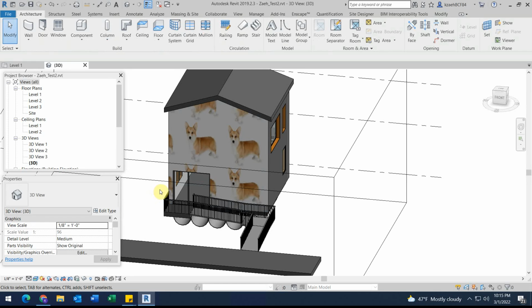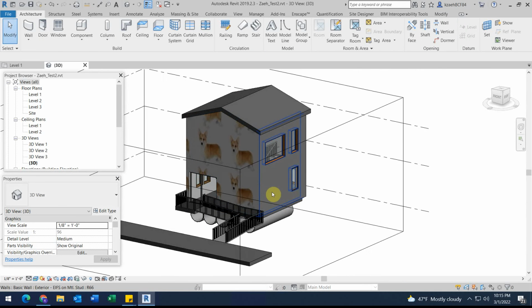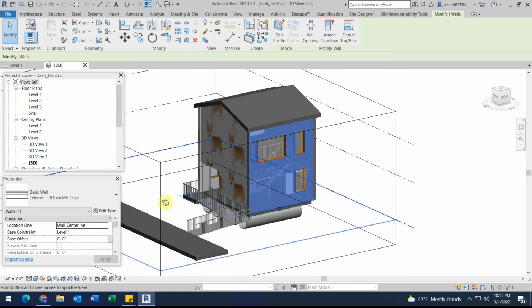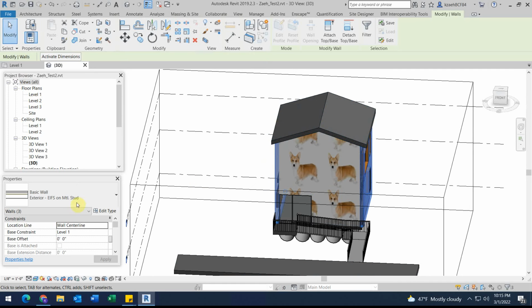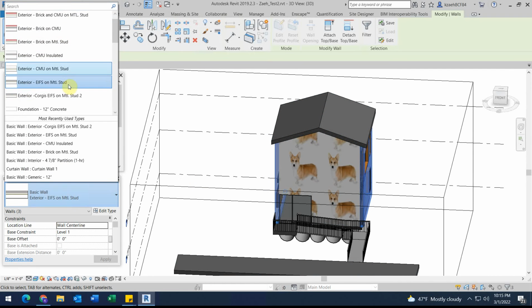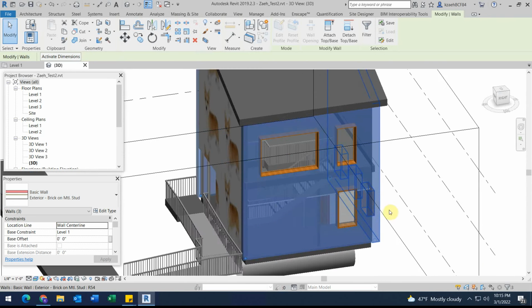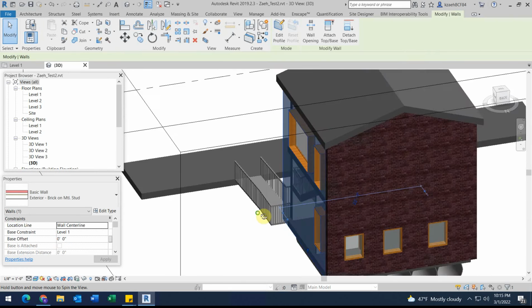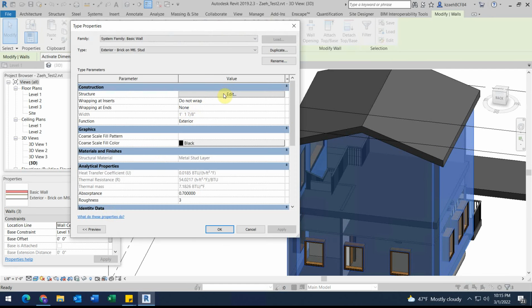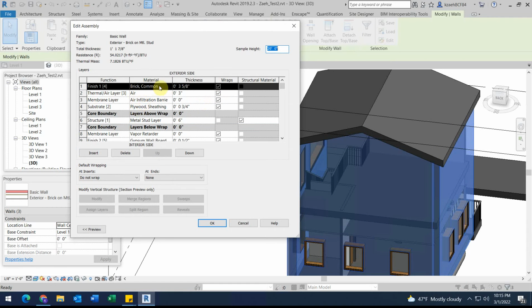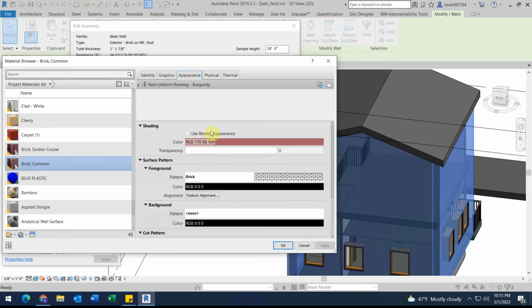So now we might also want to change a few other materials here. Let's look at the floor inside our building. So actually, I'm going to change these other three walls. And maybe these ones I'll just change to one of the generic ones that's in here. So I'm going to make this a brick on metal stud. And I don't love that the brick is red, so that's pretty easy to change. So I'm going to click all of those, go to edit type, edit structure, and here where it says brick, I'm going to hit the three dots, go to appearance,